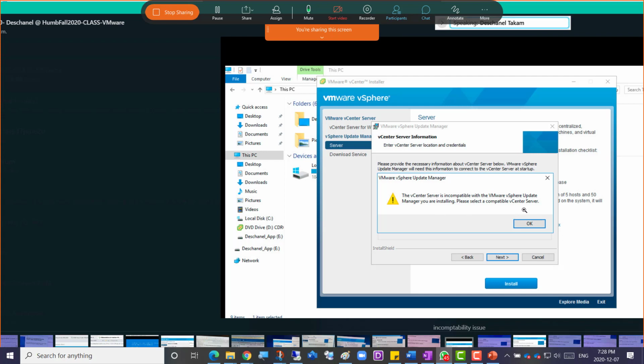Please select a compatible vCenter. Okay, which file is that? vCenter Server is incompatible with the vSphere Update Manager that you're installing. So is it for 6.0 or 6.5 or 6.7? It's just saying 6.5. Yes, I think you have a wrong 6.5.